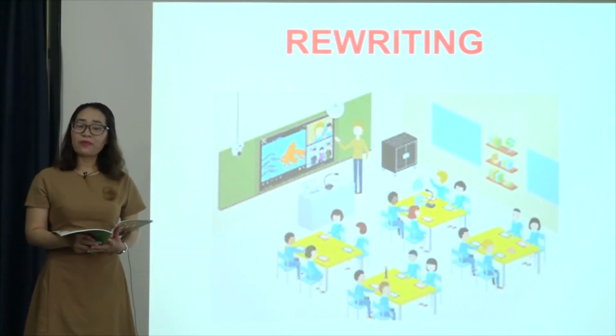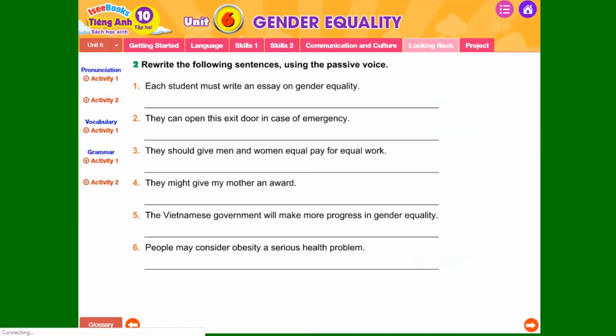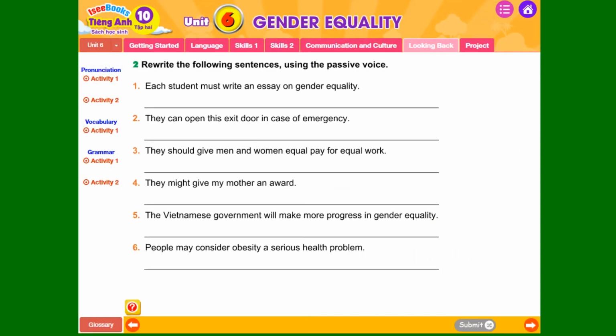We continue with rewriting. 2. Rewrite the following sentences using the passive voice. Now, each student must write an essay on gender equality. So each student is the subject, must write is the verb, an essay on gender equality is the object.